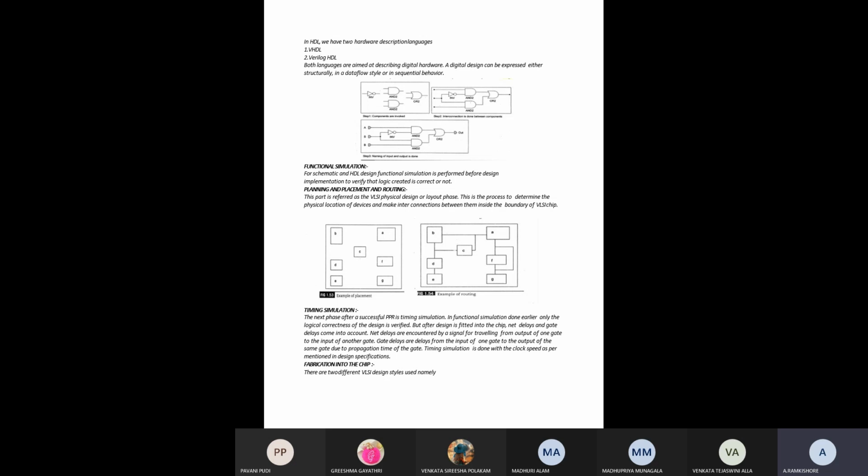After design entry, we have to do the functional simulation. The simulation defines the overall logic check before the user implements it in a device. We check whether the specifications we considered and entered in design entry are working normally or not, whether the functionality is working or not. That checking we call simulation.